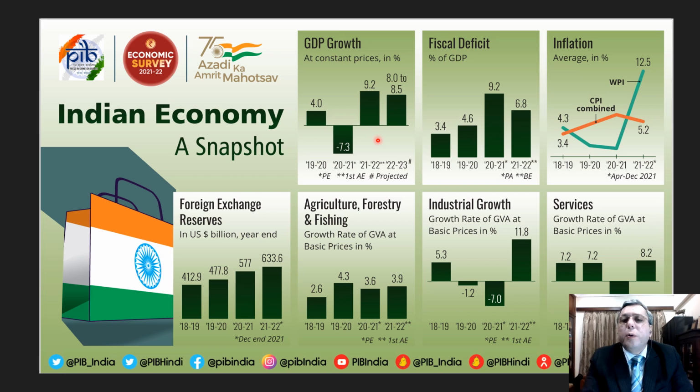So we are in the midst of that year. The projection is 9.2% for that. And for next year, it's a range of 8 to 8.5. We will talk about why this range has been given. There is a host of data on the fiscal deficit, on the inflation outlook, on the foreign exchange reserves and the external sector of India. And then segment wise, how is the industry doing? How is the services doing, which is a big portion of the Indian GDP? And how is agriculture and related sectors performing? So those are the key factors that we'll be discussing in depth in today's presentation.